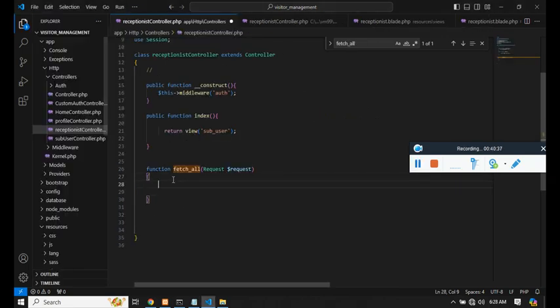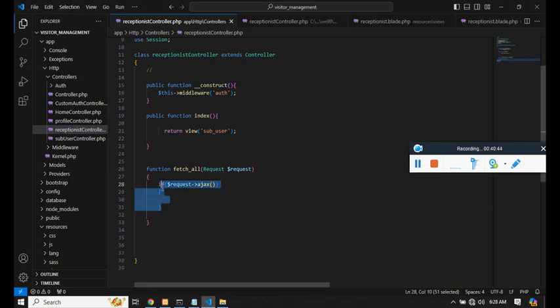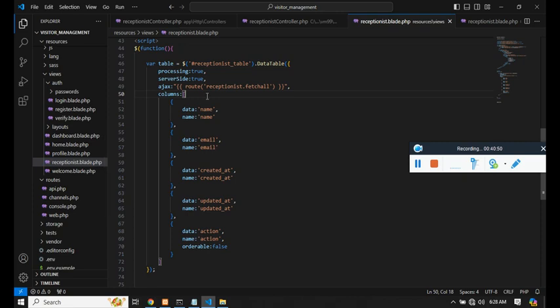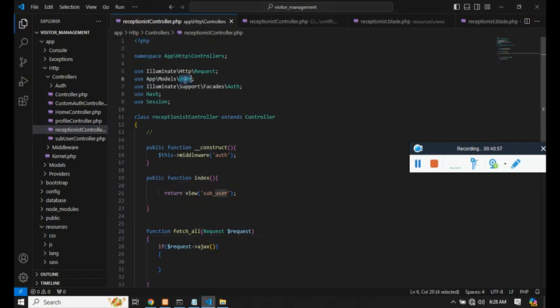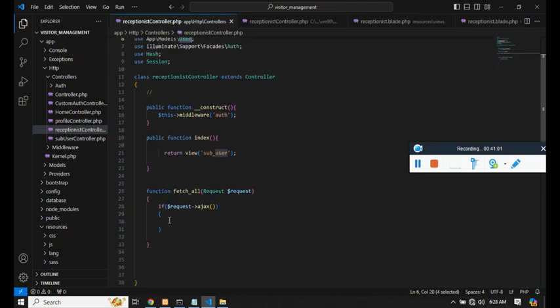We have created a function, and with the help of the function we would be knowing whether the request is through Ajax or not. We are checking if the request is through Ajax, because in the blade.php you can see we have mentioned it as an Ajax. We need to query the user table and fetch only the user, not the admin. So here the type is user, only user,